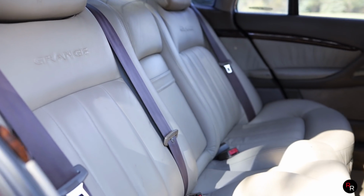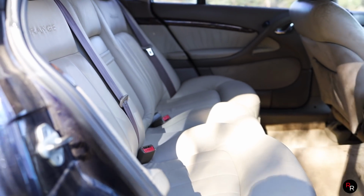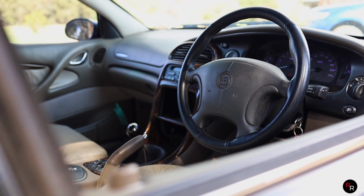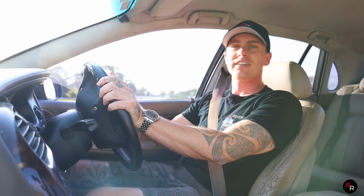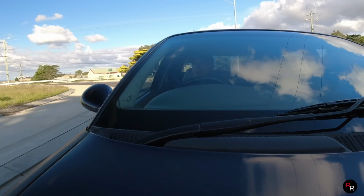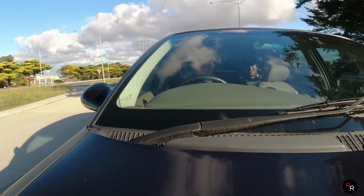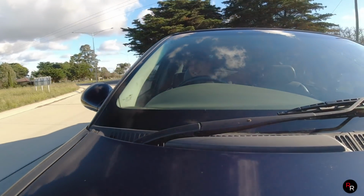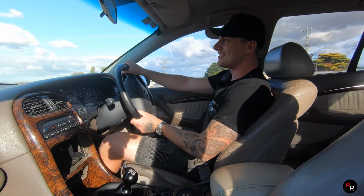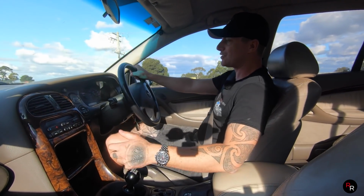It's very kind of, yeah, it's doughy steering. It does firm up, surprisingly enough. It actually does get quite weighty when you really turn the wheel, but it takes a while to move this thing, and it's not very planted in the corners, because this is a Grange. It's the Luxo barge, so it's supposed to be very comfortable, and it is comfortable. And the fact that now it's got the TR6060 in it, and you can still have this kind of fun and engagement,